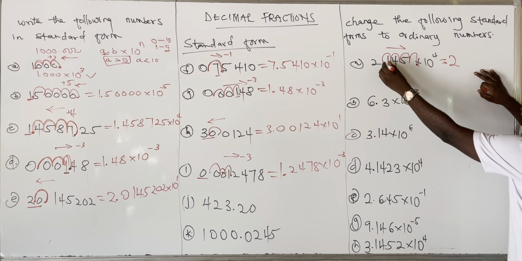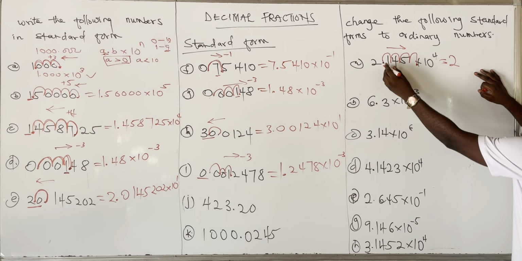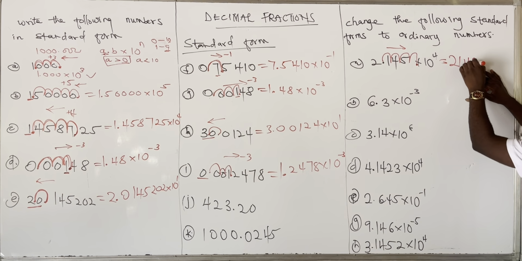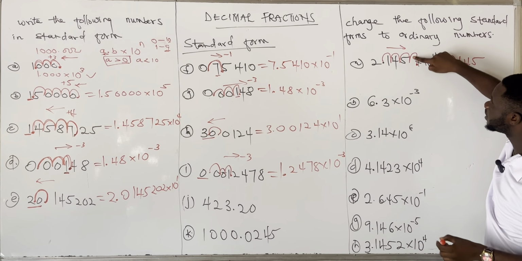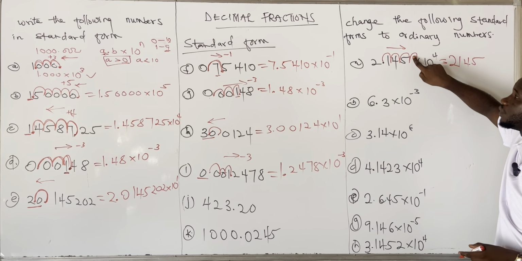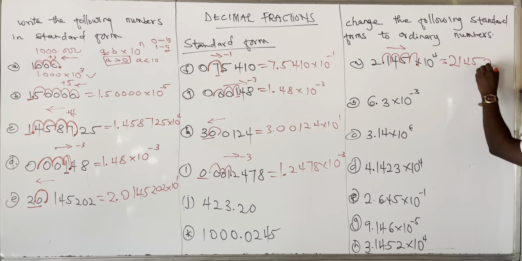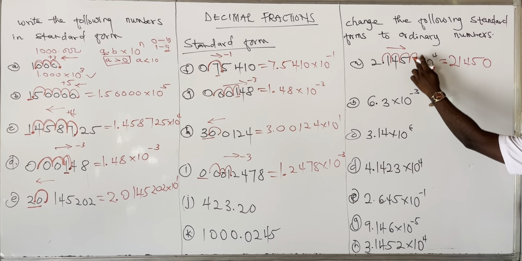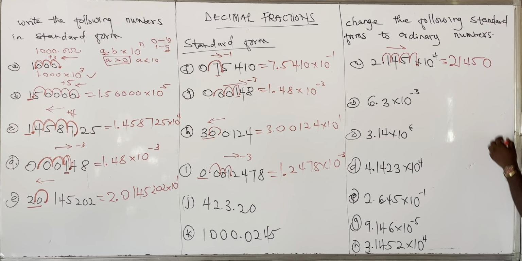We have moved this point to this side, so the point is not going to be here again. 2, 1, 4, 5. So you can see that we have this empty space over here. We are going to bring 0 to that side. You insert 0 at the empty space that you are seeing. So we have